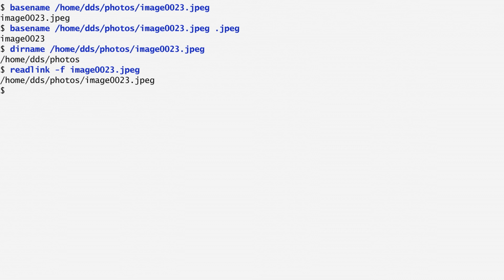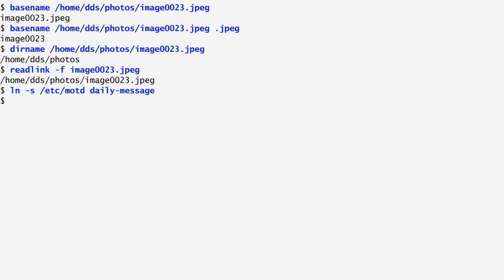What is a symbolic link? It is a special Unix file that points to another file, similar to a Windows shortcut or a macOS alias. To create a symbolic link, we use the ln command, which stands for link, with a -s option for symbolic. What follows is the target. This is the existing file we want to create a link for. Here, I enter the file /etc/motd, which contains the computer's message of the day, which users see when they log in. Then, we need to specify the link name, which will point to the target.